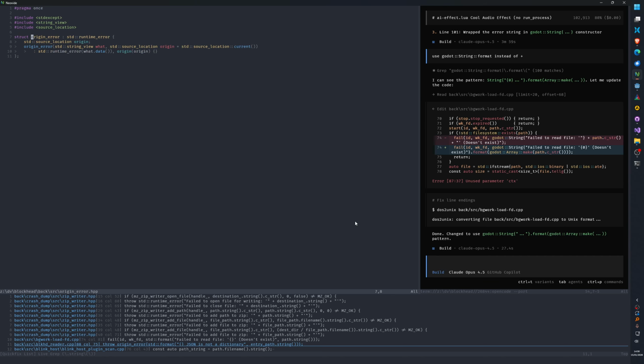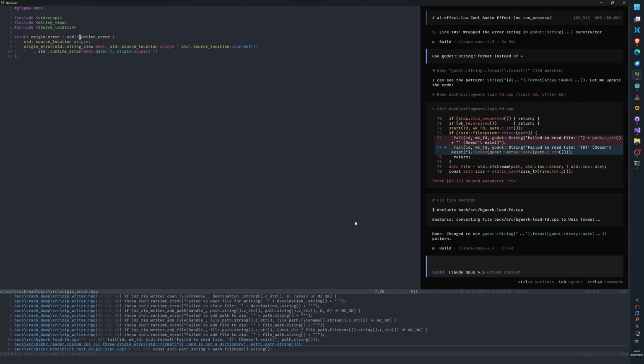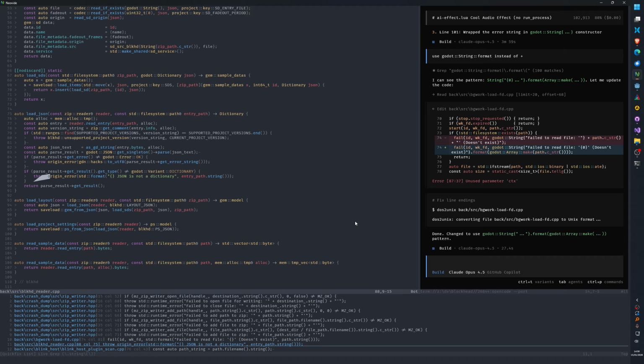Origin error, fuck. Hold on, runtime error. Don't know what it wants to do.